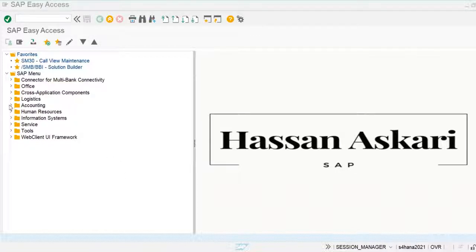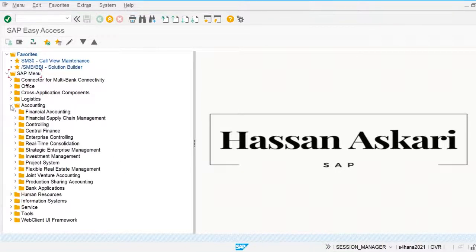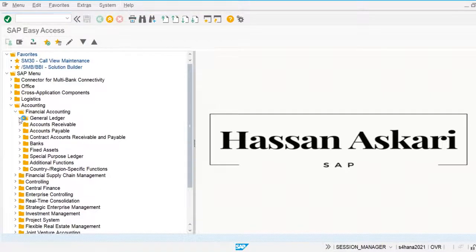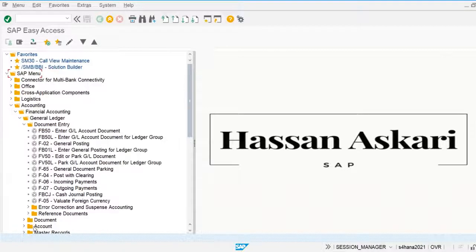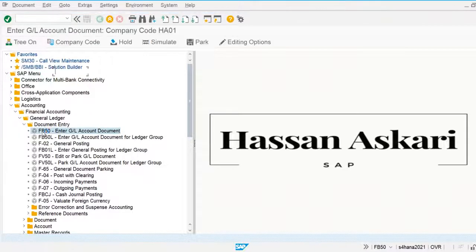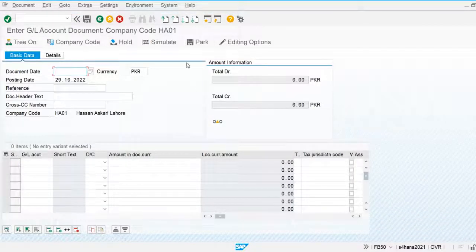So let's go to accounting tab, financial accounting, journal ledger, document entry. So these multiple transaction codes are available to post journal entry document. I am using the first one, FP50. Basically it is an enjoy transaction where we can debit and credit multiple journal ledger accounts in the same